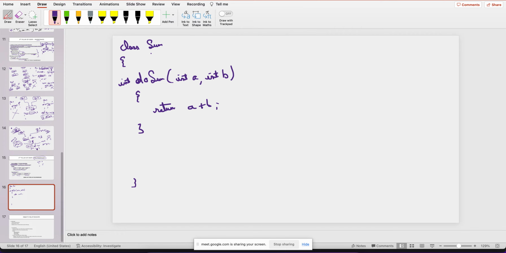So let's say you have a class Sum, and one of the methods is doSum. It takes two variables, a and b. What it is returning, it just does the sum and returns. This is a simple method. So now I am first telling you overloading